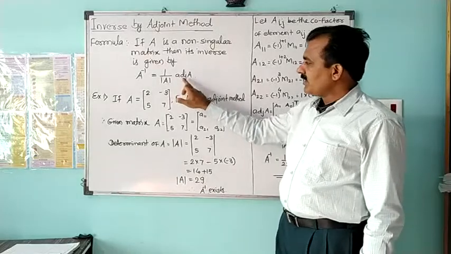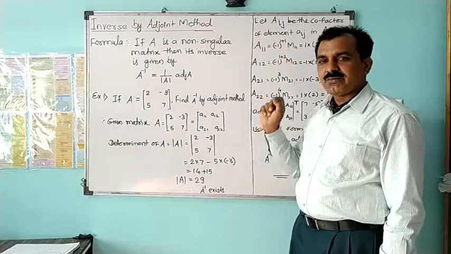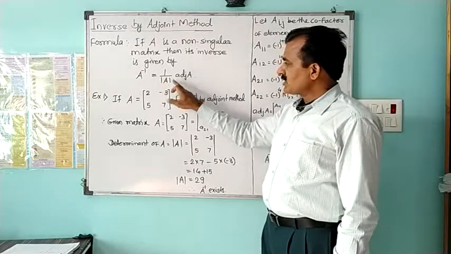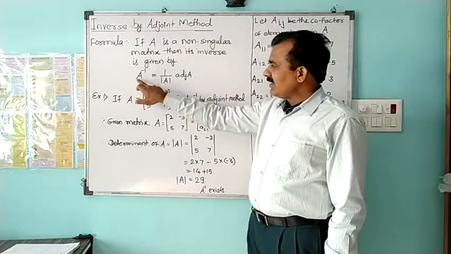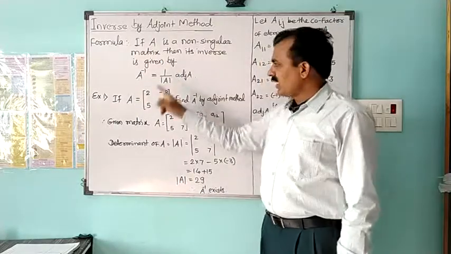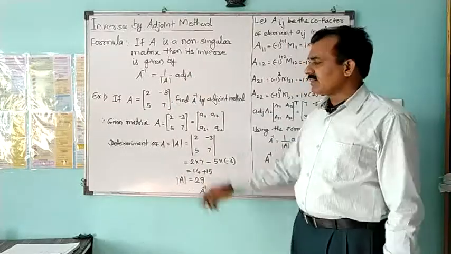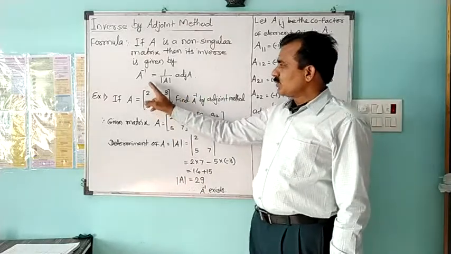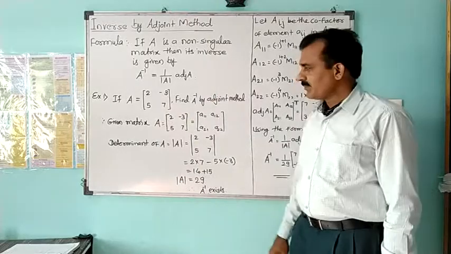This adjoint and determinant we have discussed in 11th standard, determinant and matrix. So using this information from 11th standard, we are finding inverse of this matrix in 12th standard. The right hand side is totally discussed separately in 11th standard, determinant and adjoint, all this information. So to get A inverse, we will use this formula in the first example.